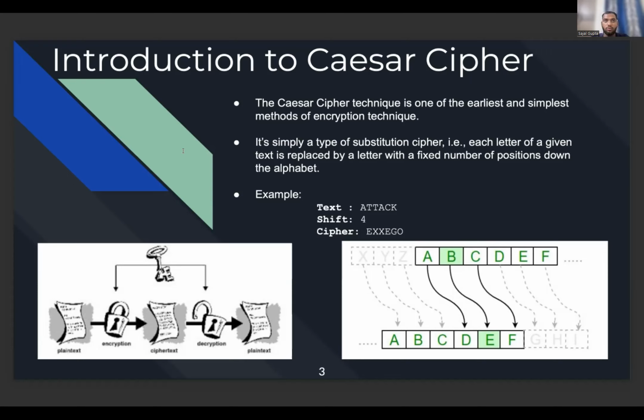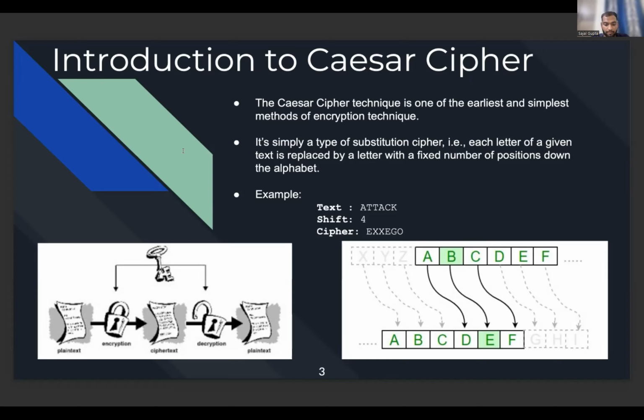Julius decided to use a key of 3, meaning each letter of the message would be replaced by the letter 3 positions down the alphabet. For example, the letter A would be replaced by D, B with E, C with F, and so on. When Julius applied this cipher to the message, it became unreadable to anyone who tried to see the message. And this is how Julius was able to deliver the message using the Caesar cipher